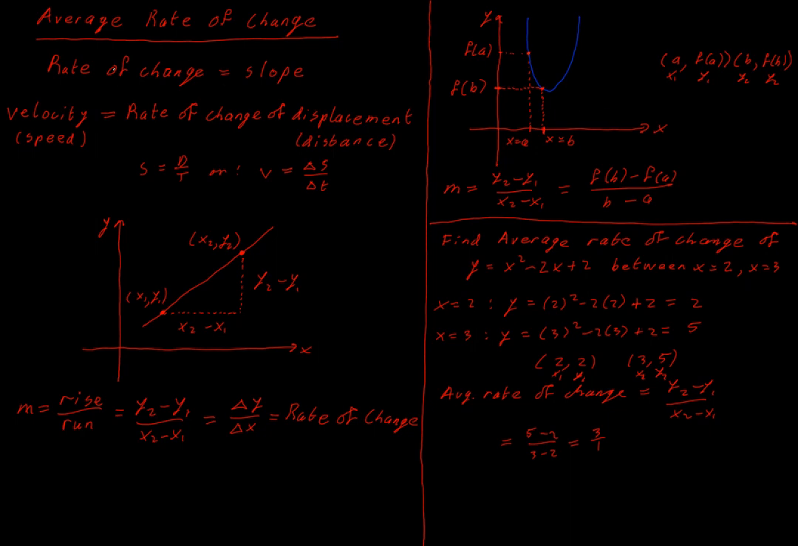So if we combine this idea of an average rate of change with the idea of limits, allowing us to bring the points that we're interested in closer and closer together, we'll be able to get the idea of a rate of change at a point instead of an average rate of change. And we're going to work on that